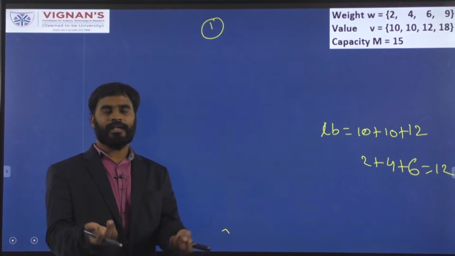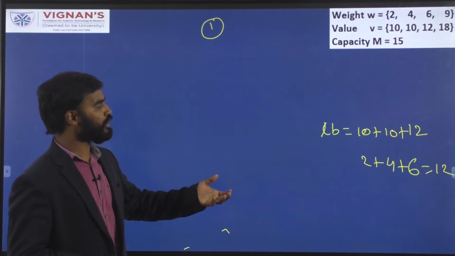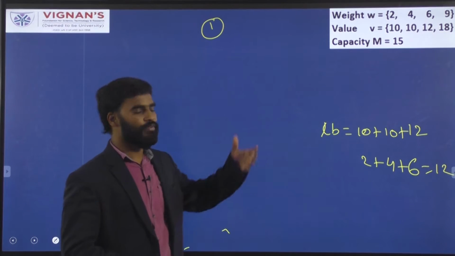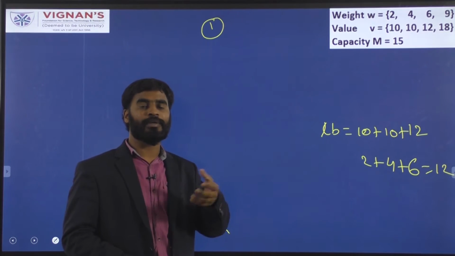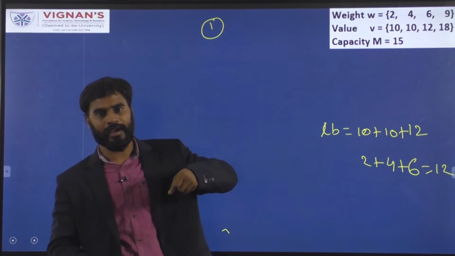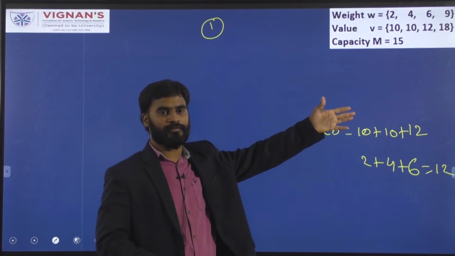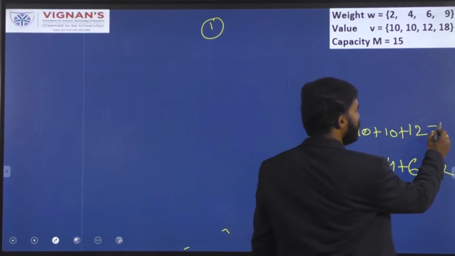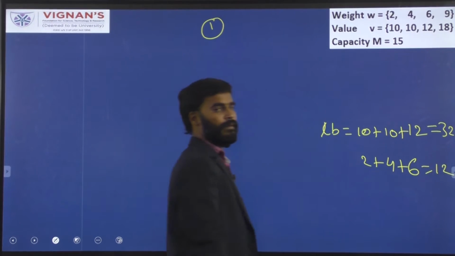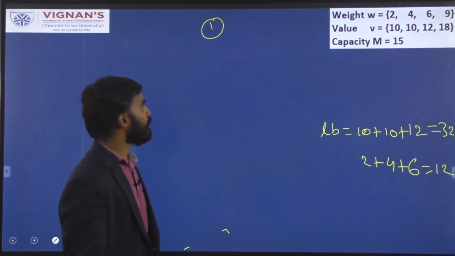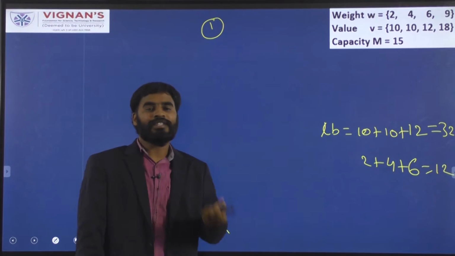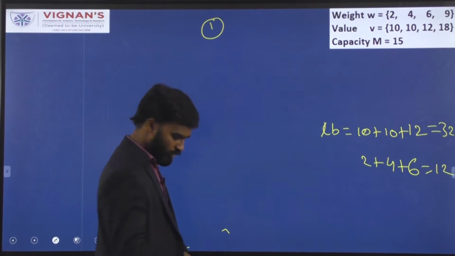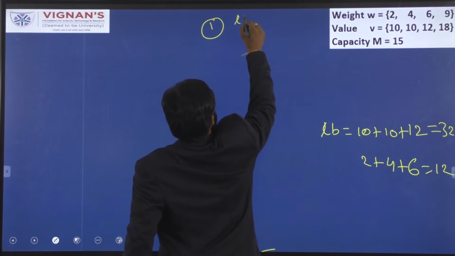The capacity of the knapsack bag is 15. If I add the fourth item, the weight becomes 12 plus 9, 21, which is beyond the capacity of the knapsack bag. So you are not allowed to add the fourth item. So this is the value for the lower bound. The lower bound is 32. To convert this maximization problem into a minimization problem, I'll write these values as negative. So the lower bound of the first node is minus 32.